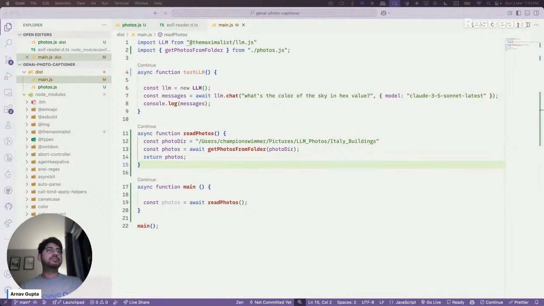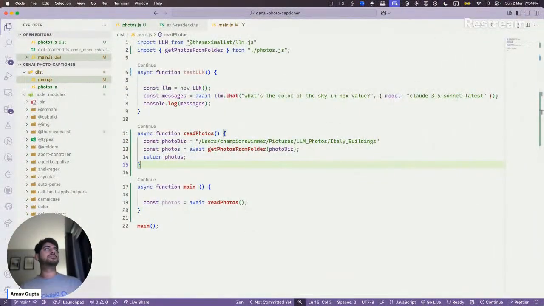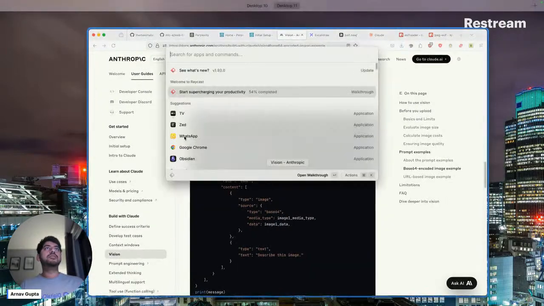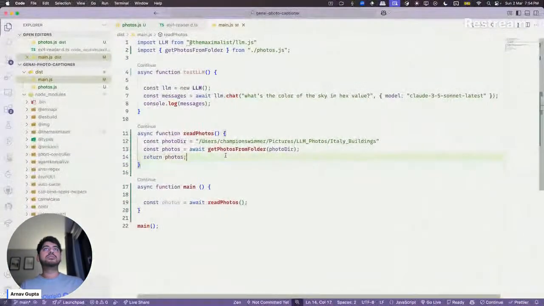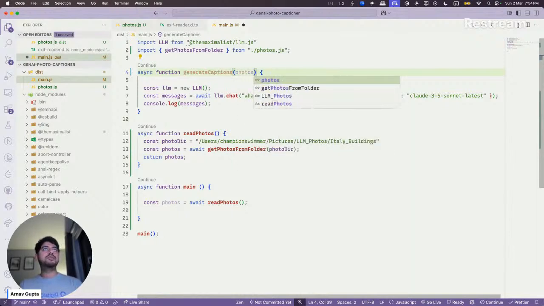And yeah, what will we do? Pass this into the LLM. So generate captions, pass the photos.